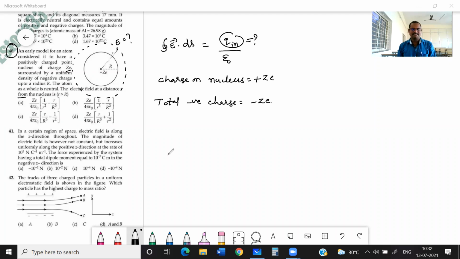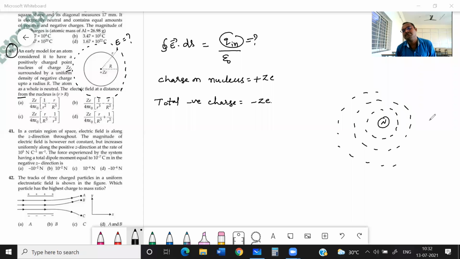Clear, students? As you know the atomic model, you consider this is the nucleus, and around this nucleus, electrons are rotating like this, in fixed orbits. Here one electron, here one electron. Yes, here two electrons in the first orbit. In the second orbit, 8 electrons will be there, like that. Okay, as you know all these things.